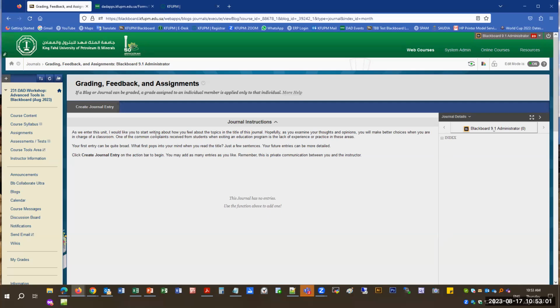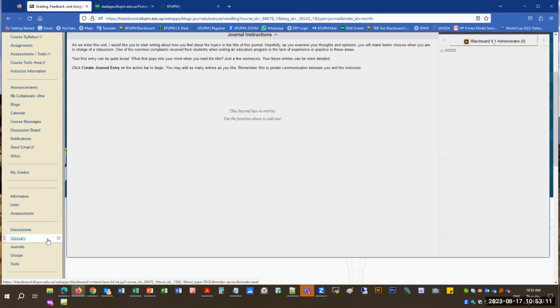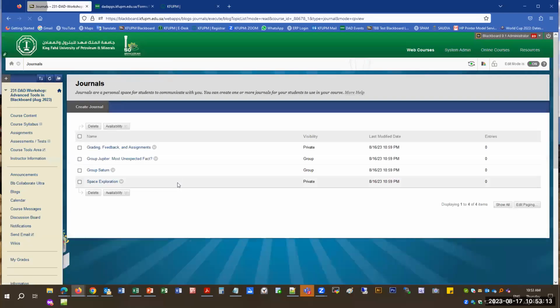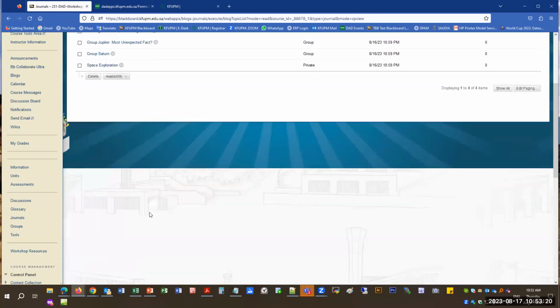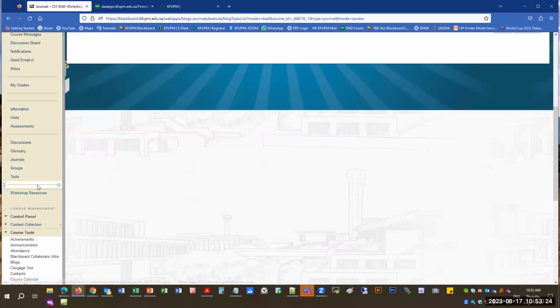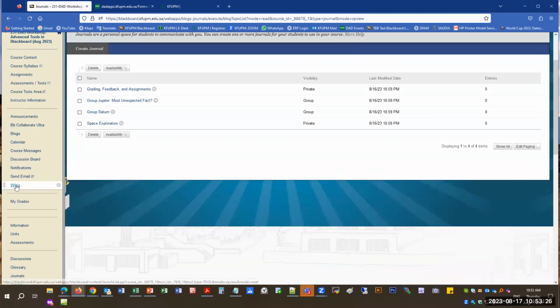any other interactive tools like a blog, but it is a little bit more private, as I mentioned, and low level of interaction, supposed to be between an instructor and a student typically. But of course, you can open it for other students, have more interaction if you want to, but it allows you for different options. The last tool is wikis, and again, if you click on wikis, there is a wikis